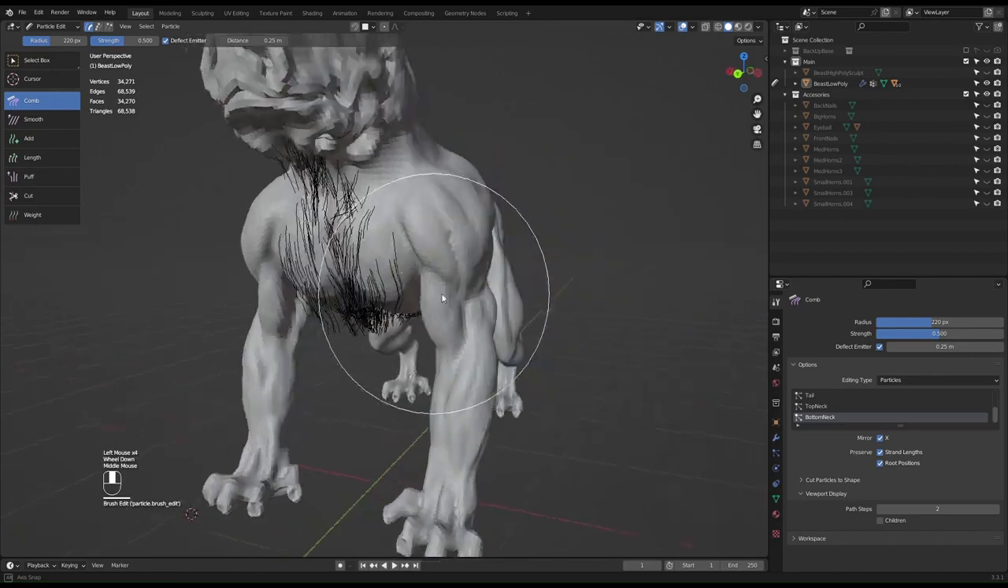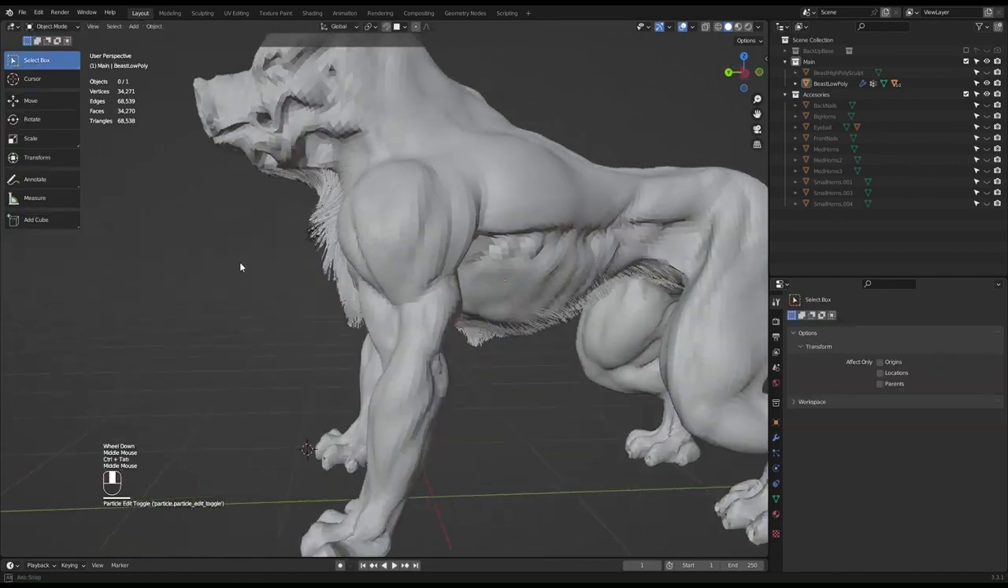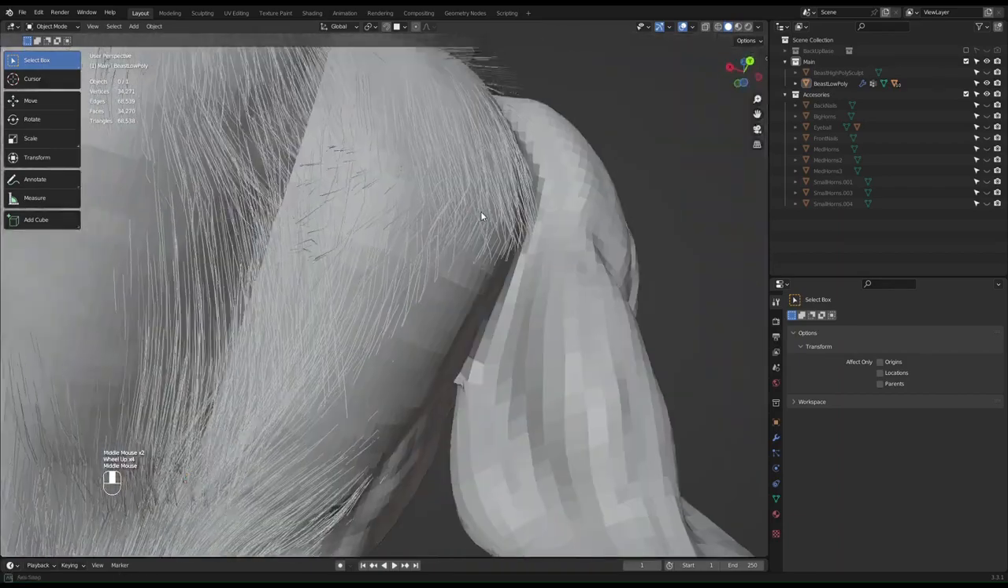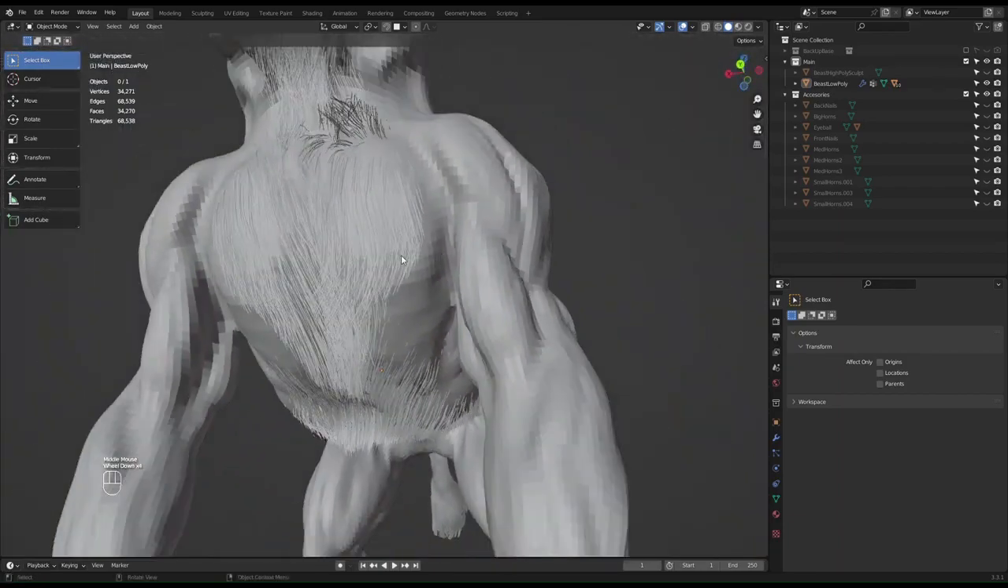Just pushing these down. I like the object mode. Look at those children. Wow. Incredible. Probably adjust my vertex paint